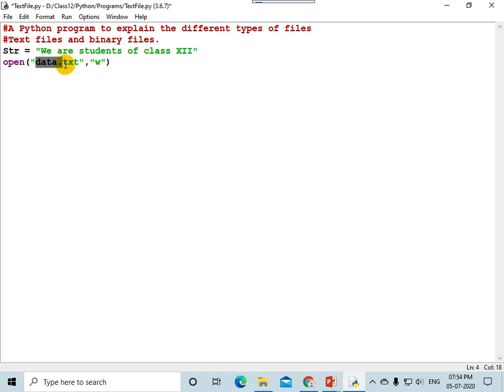Here if you simply write the file name, you follow the absolute path. What I mean by absolute path is this file will be created in the default path, that is D drive, class 12 Python programs, and inside the folder programs the file data.txt will be created. If you want this file to be created in a different folder, use a relative path, and this is how you can mention the relative path: